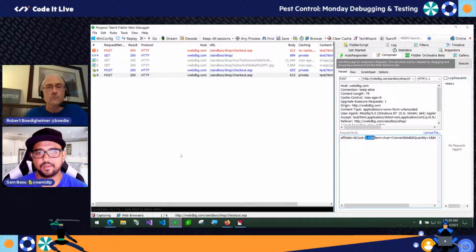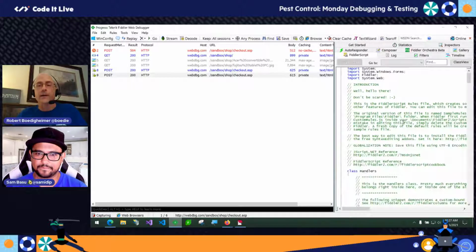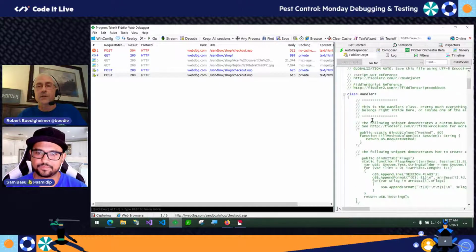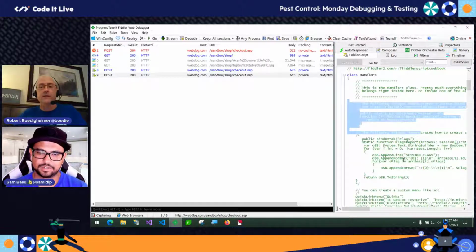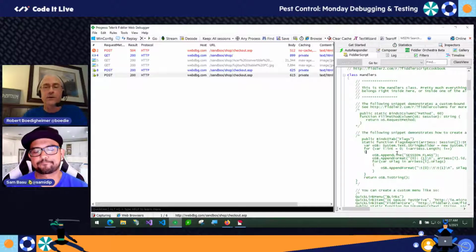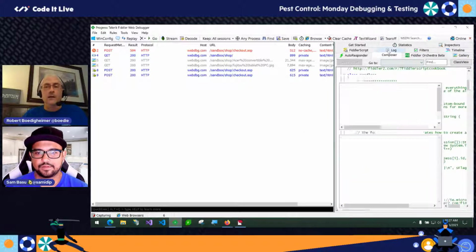Yeah. I also see the Fiddler script tab here on the right. Do you use it there, or do you normally pull up a different app? So this thing? Yep. I can go in here. This is the same thing you saw before. I just have an extension. The extension does some better color coding and stuff, but I can get to it from here as well. So that's kind of cool with Composer.